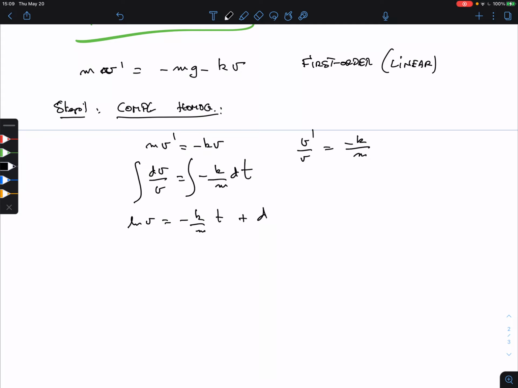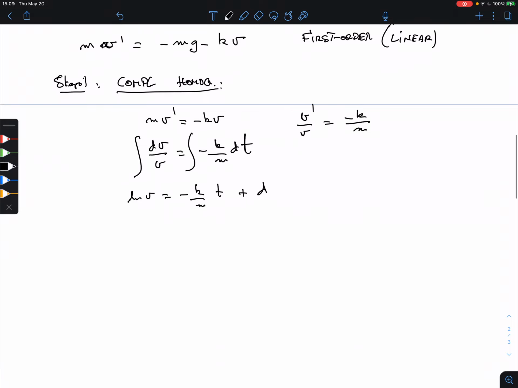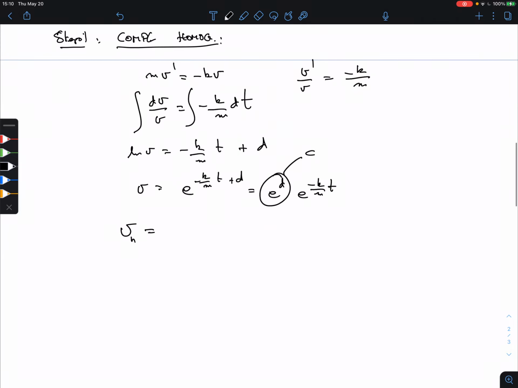Now a lot of letters are coming in, so make sure that you don't double up on the same usage of a letter. And we have to solve for v. So v is e to the minus k over m t plus d, and then the trick as always, e to the d times e to the minus k over m t, and this we call c. So the general homogeneous solution is c e to the minus k over m t. Now, step 2 is a particular solution,